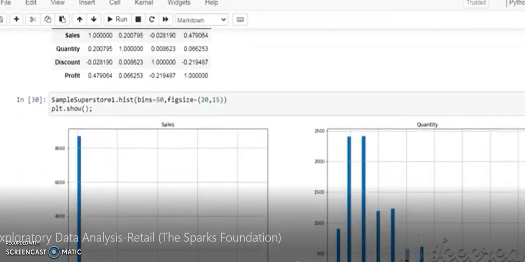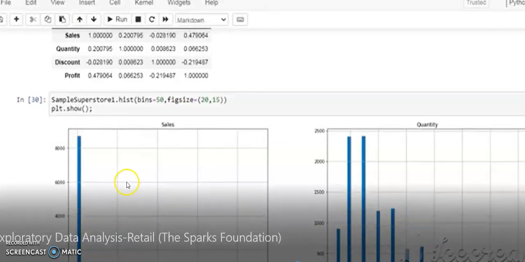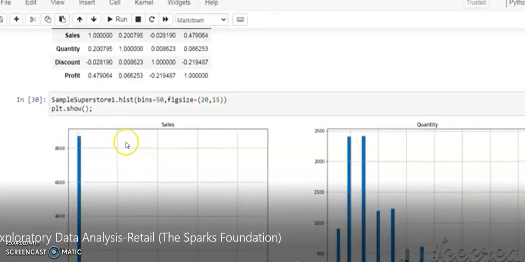For visualization we use simply the histogram, and for the histogram we use dot hist, this is the function name, and to show the graph we use the show function. Because we have already imported matplotlib, we use plt as matplotlib. And we provide the numeric data that we need to visualize.